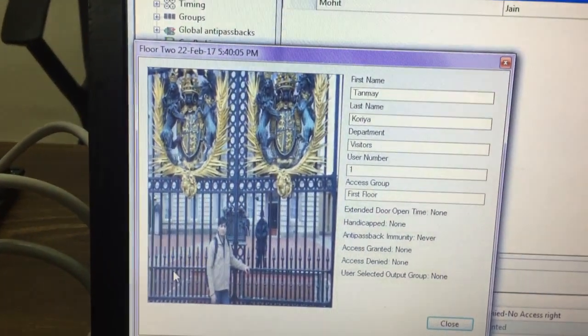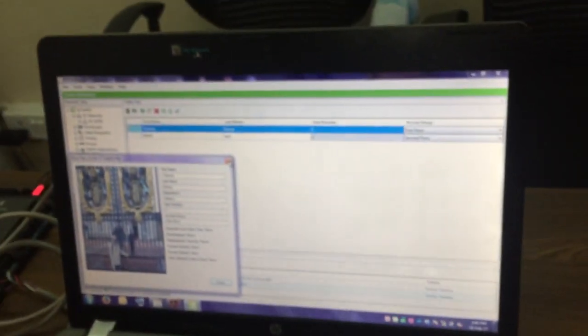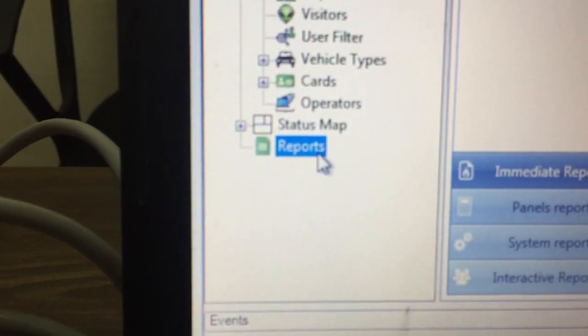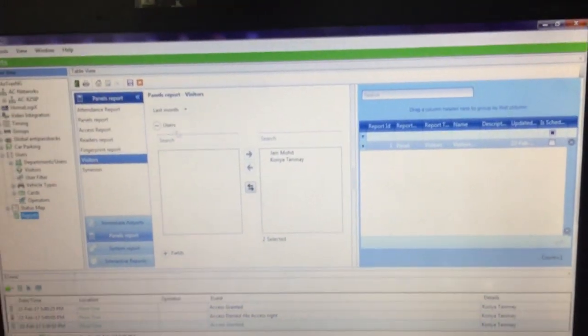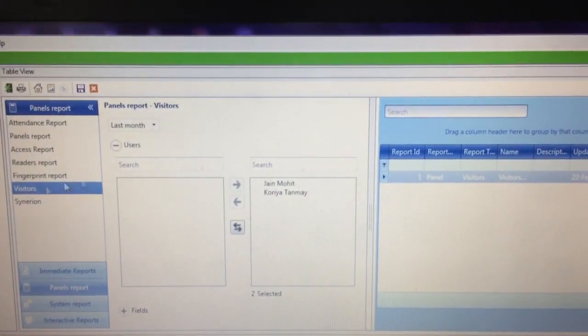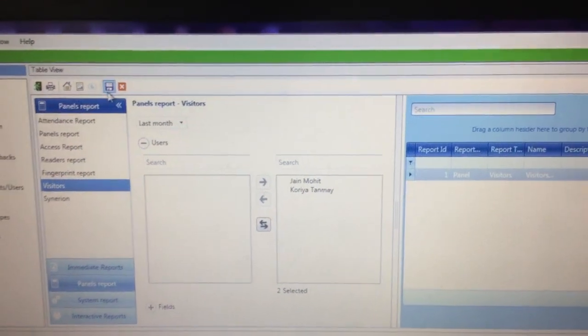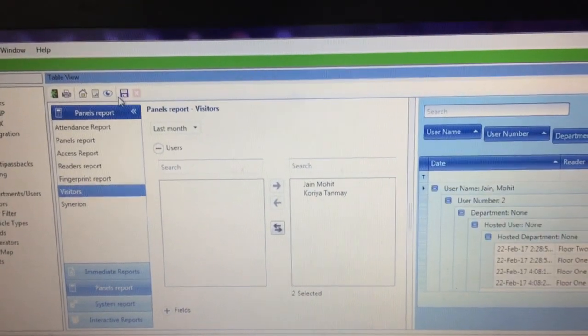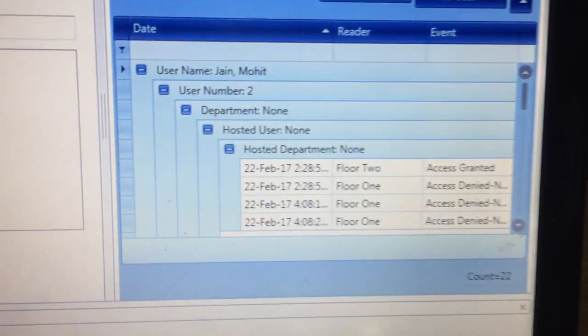So this is the entire process of this visitor management solution. Even we can generate reports from the report section, showing how many times the visitors got access in the particular premises. In the report section we need to go into the visitor segment. In the visitor segment we can click on run the reports, and under that we can preview the reports.